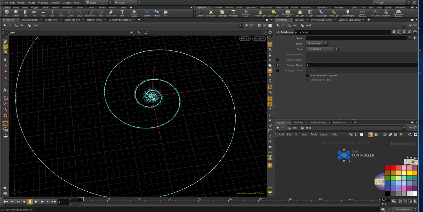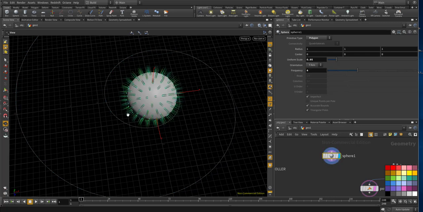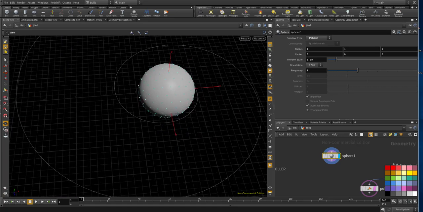Now let's make a base for the partition here. Since I said the partition's gonna be based on the sphere, let's make a sphere first. Sphere, and let's make it polygon, and let's set the uniform size to be a bit smaller than 1, and frequency, meaning the quality of the circle, could be around 4, could be more, could be less. Okay,